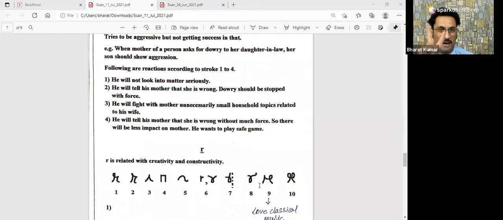Type 6 has two types of R. Is there anyone who is using it? Yes, many of you are using type 6. This is a non-simple R, and also a non-creative R. They are good learners. They have good creativity. They have hope in life. They are actually optimistic people. They love to be positive in life. If you are using any one R given in the sixth type, they are more creative.